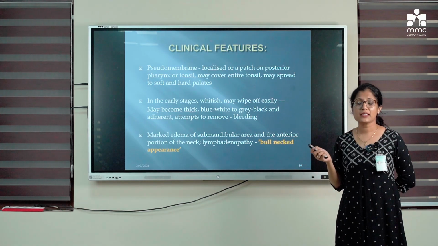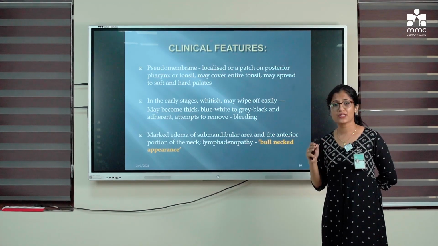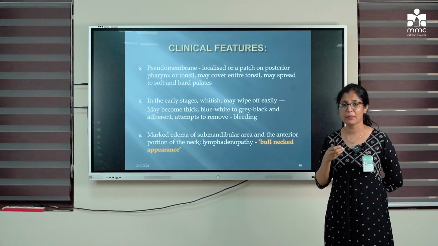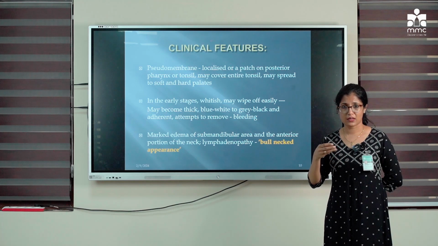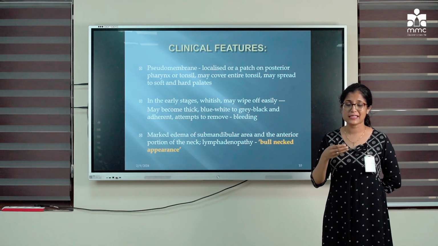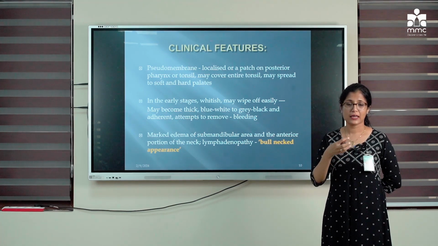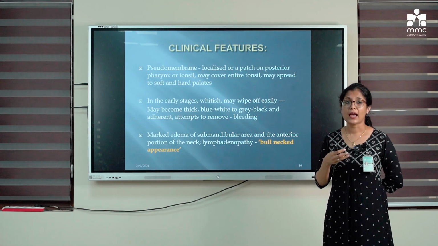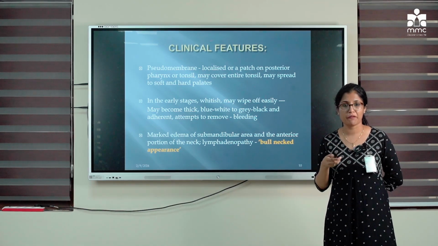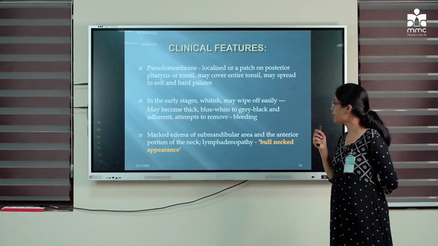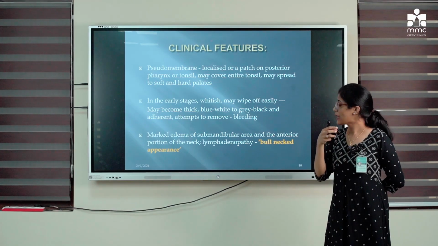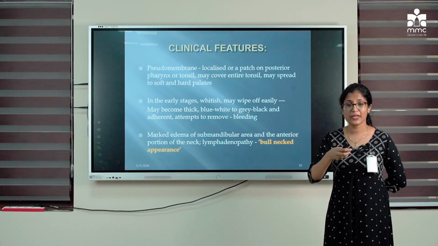In the early stages, it is usually whitish in nature and it can easily be peeled off. As the disease advances and if detection is late, it gets more deep rooted and removal is more difficult, and the color changes from whitish to grayish black,